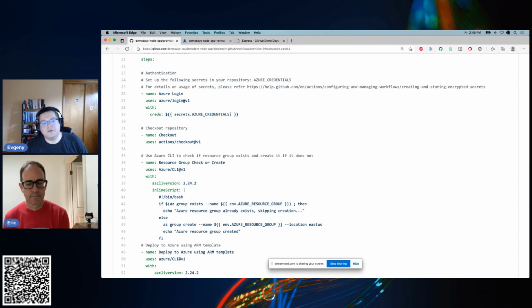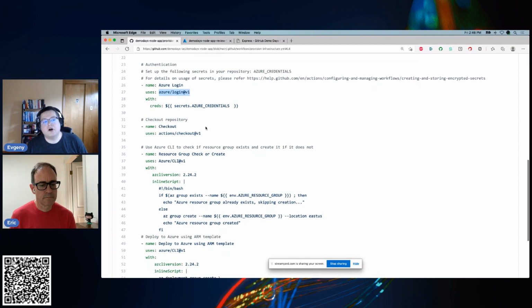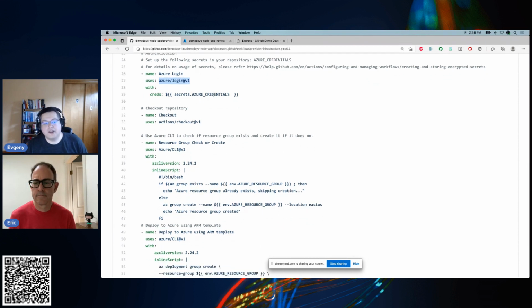You'll see that's the variable name from the secrets menu that we were looking at. What happens is this action, the code here, knows to look for this input called creds and uses that to log me in the context of this session here on the GitHub provided cloud-hosted runner. Everything that happens after this happens with me logged into my Azure account.